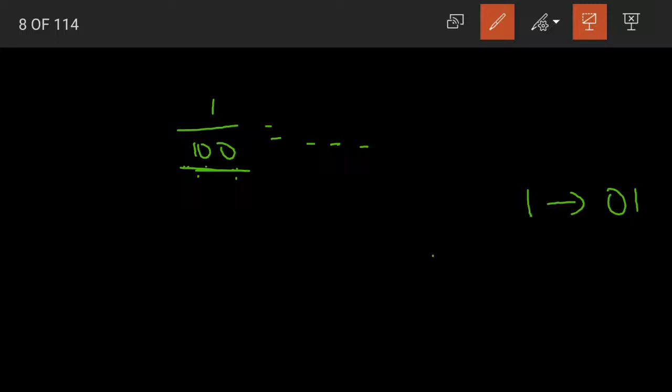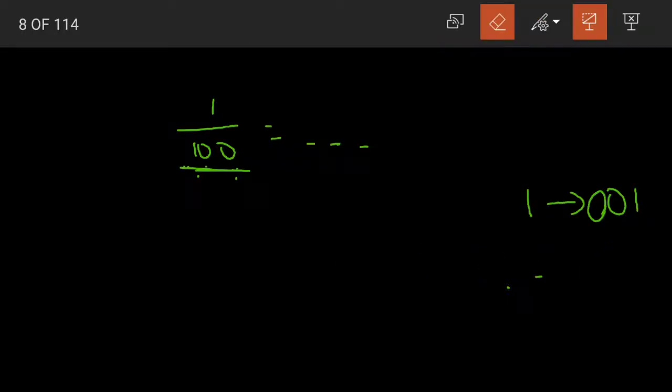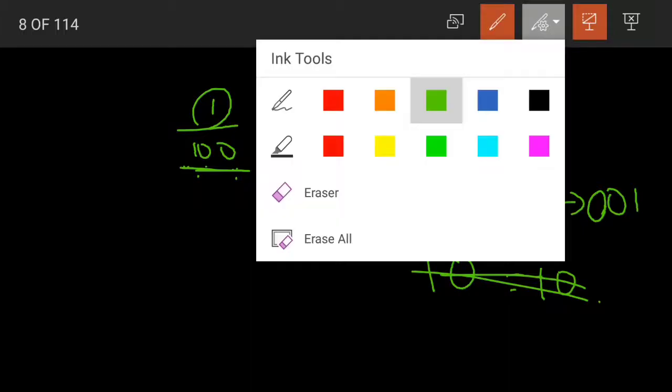Now to make this a 3-digit number, what will we do, children? If we add 0 after 1, its value becomes 10. Its value changes. So that is why we'll add the zeros to the left side. If I add the 0 to the right side, its value becomes 10, but the numerator is only 1. So I am not adding 0 to the right side. The remaining 2 places to the left are filled by zeros. So 0, 0, 1 is nothing but 1.